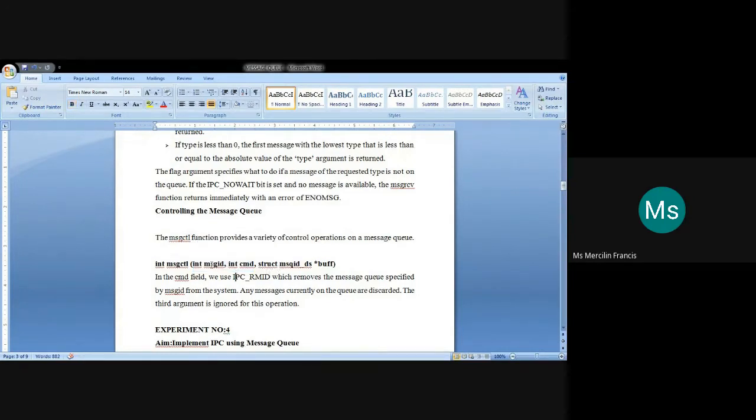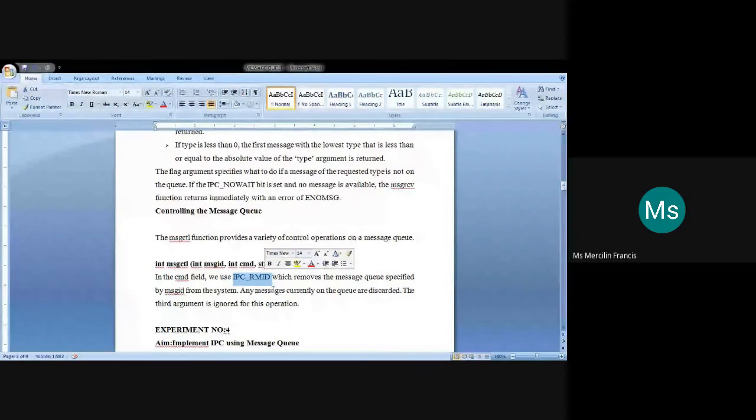The first one is the message ID, the ID returned after calling the msgget function. And int cmd is where you give the command that needs to be executed on that message queue. If the command is given as IPC_RMID, it removes the message queue from the system.